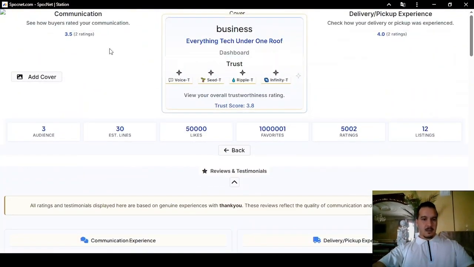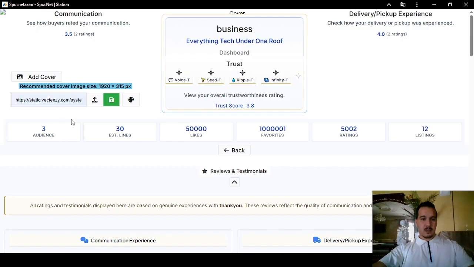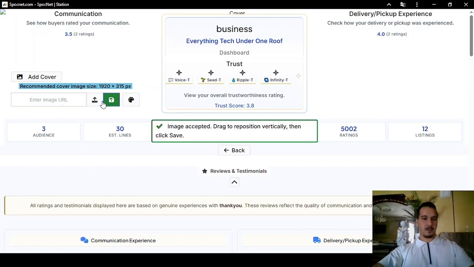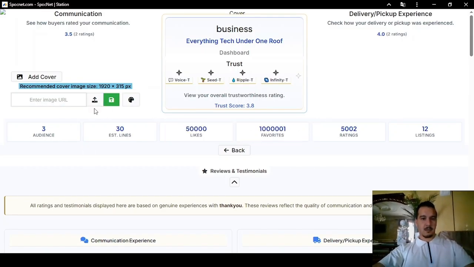Okay, let's get started. First of all, we need a cover. Let's say I am a sport retailer. Add a cover. You can put your image link here. I prefer to upload an image. Why? Because when you upload an image, the image will already be saved and it will not be removed because it's your own image. You did upload it. But when you put an image link, the image link can be removed from the source. It can be removed from the website